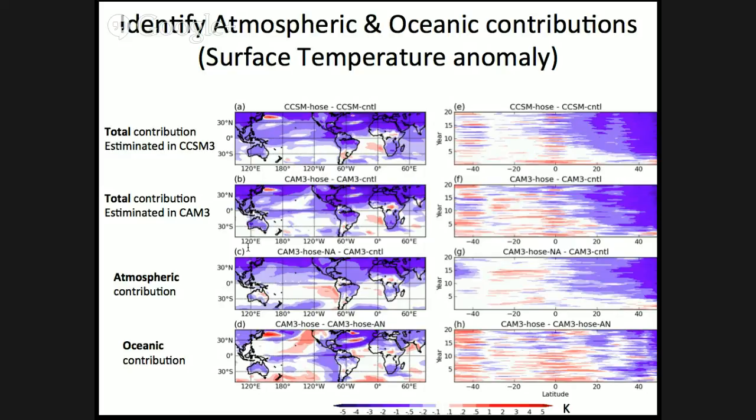But the ocean seems to be much faster. You see that at the very beginning, the ocean already contributes warming at the tropics. And this has been shown in Ping Chang's paper, that the ocean induces warming in the equatorial Atlantic Ocean very fast. And you see that the atmospheric contribution is more or less more